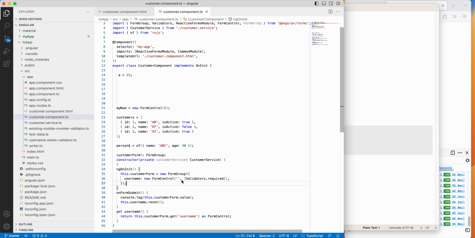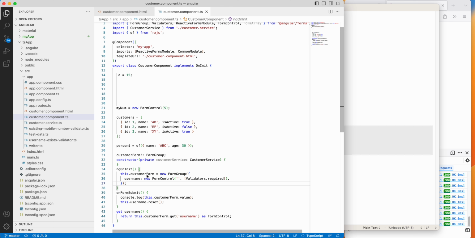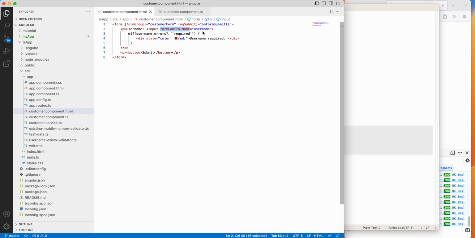Okay, I will display the validation message for Validators.required. Look at here how. First of all, form property binding is done by form group, and then form control input text. This is for the username control, and as username has the validation required, to display the message I am using @if